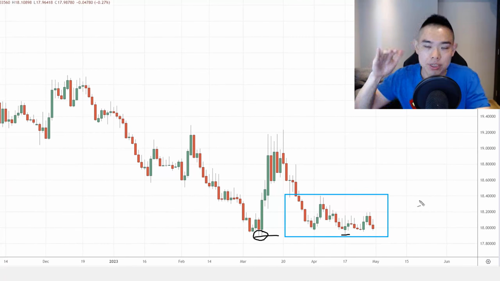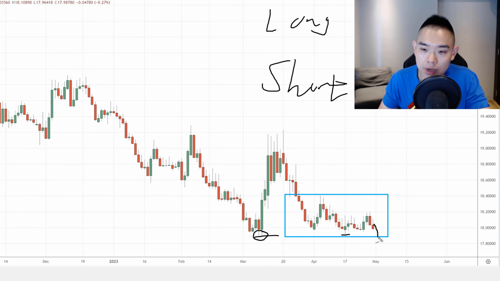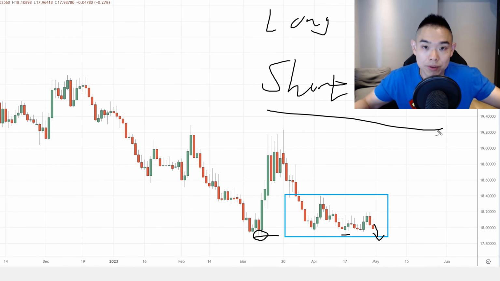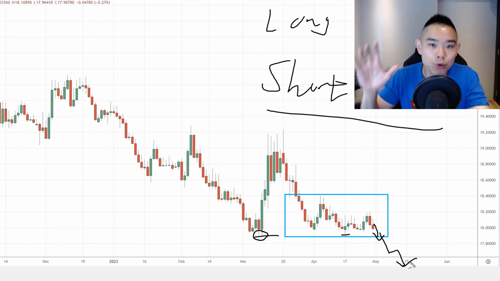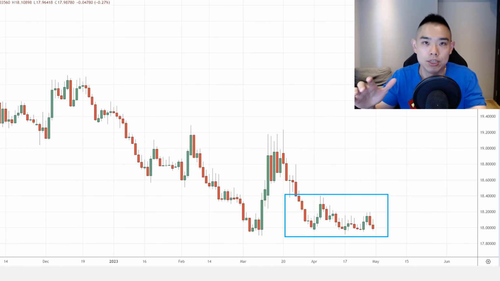Because if you think about this, someone who is long, their stop loss is in essence a short order to get out of their losing trade. So if the price goes down and hits their stop loss, which is a short order, that fuels even more selling pressure, causing the price to head down lower. So for these few reasons which I shared with you, this crawler move, a series of lower highs into support, is usually a sign of weakness, or rather a sign that the sellers are about to drive the